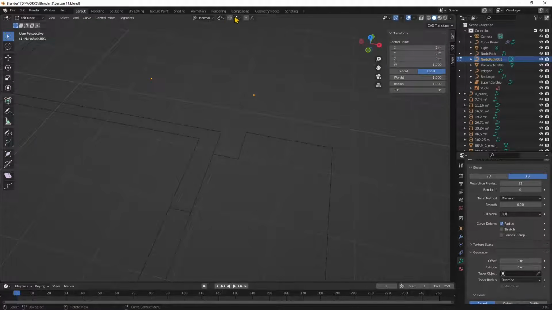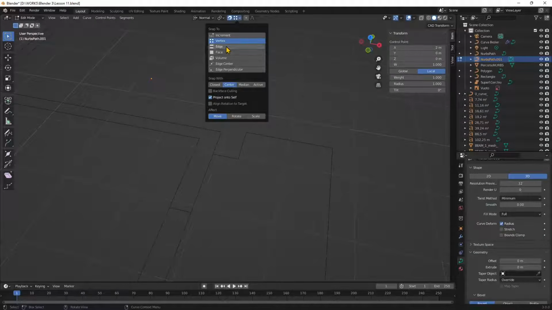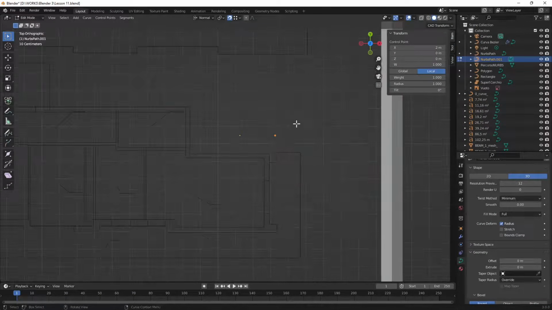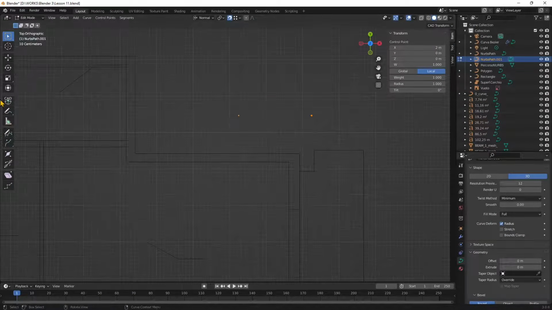And let's activate here the snap to vertices. Now this is really good when you work with CAD files, because they snap. So if I select that point and move it, it's gonna snap